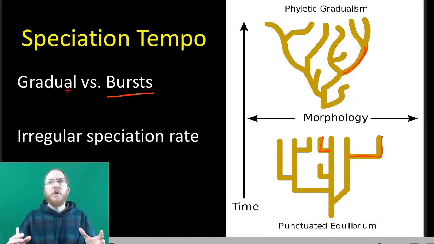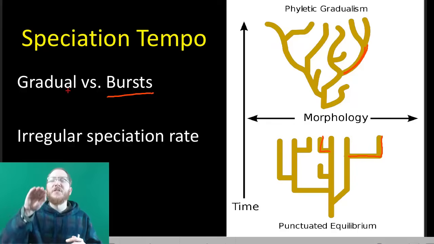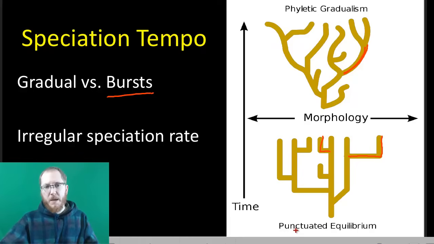So on a molecular level, there's always going to be some, but we don't see consistent rates of speciation. We don't see consistent rates of change. We see where change is slow and steady and then oftentimes picks up and goes rapid and then slows back down slow and steady and picks back up rapidly. And so that is called punctuated equilibrium. So when you see me talk about punctuated equilibrium, this is the idea that we're talking about. It's this more stop and go versus steady, steady, steady all the time.